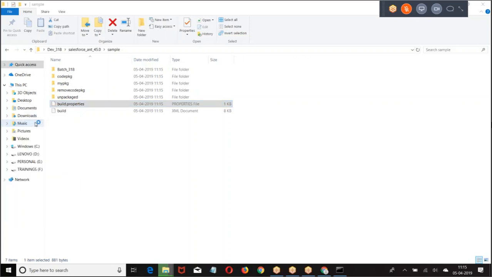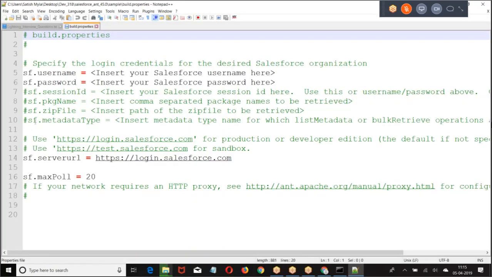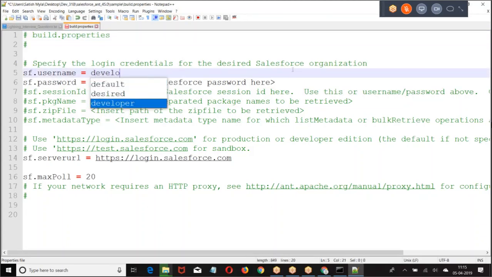It will contain credentials of the organization, from where you want to fetch the code, or the credentials of the organization to which you want to deploy the code. Their credentials will be given here. So we are giving here username, development or developer.